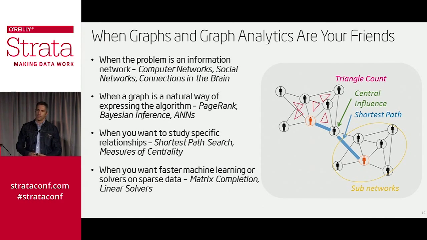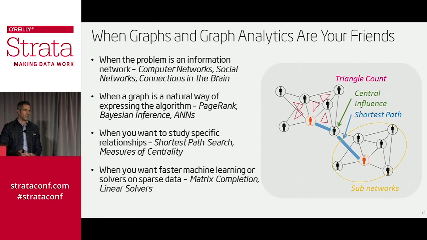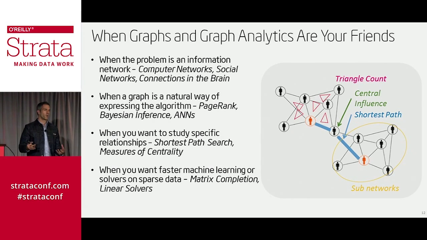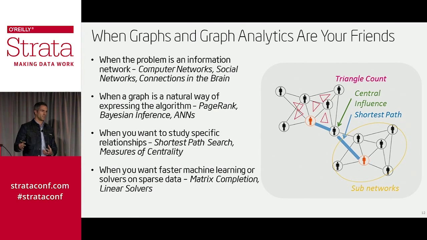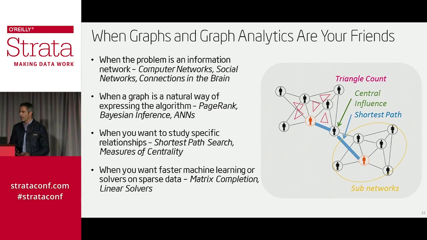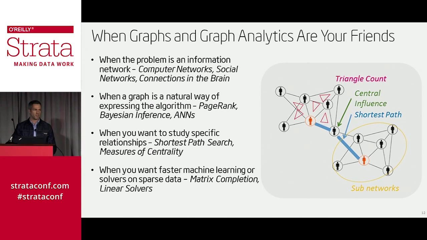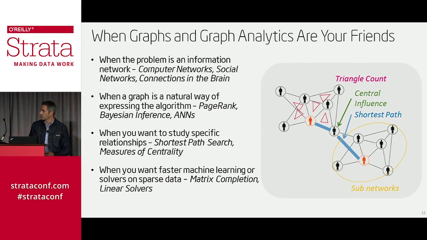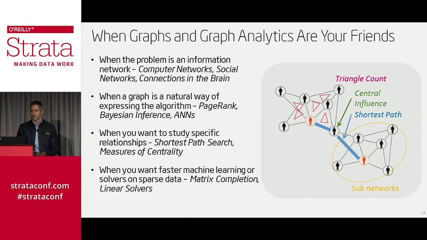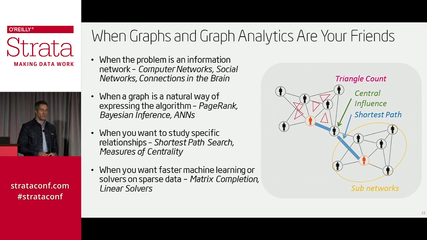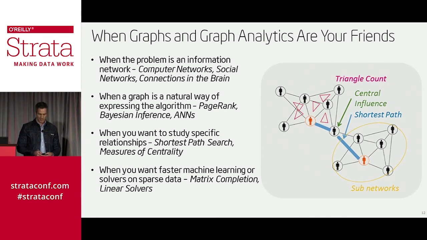And then finally, more abstractly, you can think of a bunch of matrix computations, classic matrix problems in machine learning and data mining that have a lot of zeros. A graphical representation is just a better way of putting the emphasis on the non-zero values in those structures, and you can do a lot of the same math with them. On the right are some examples of other ways we use graphs, and Mark also talked about a social network-oriented view of it. So I encourage you to think about these areas when you're considering engaging with graph analytics and getting to know it better and spending your time on it. Consider these guideposts for you.